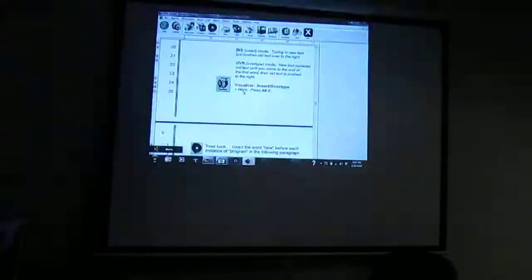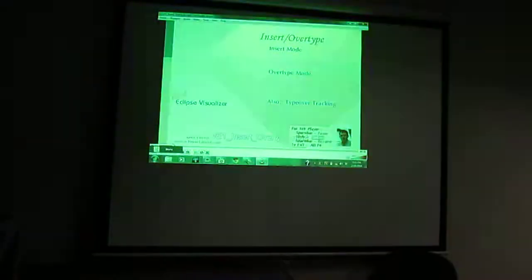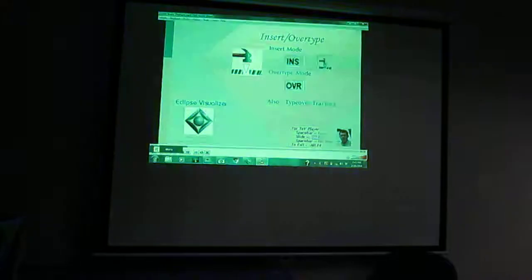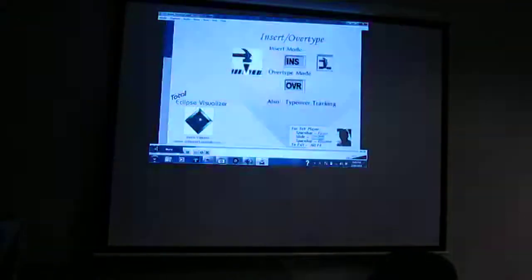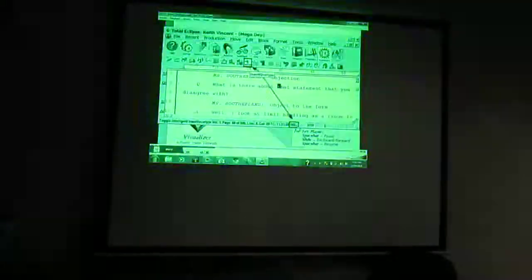This is going to tell you about insert and overtype. Let's see how insert mode and overtype mode affect typing in text. Here insert mode is on, and the indicators are that the toolbar icon looks pushed in, and there's also an INS visible on the status bar at the bottom of the screen. When I